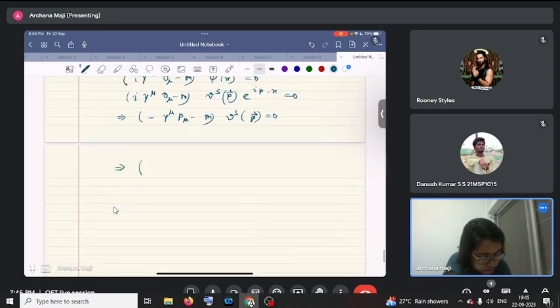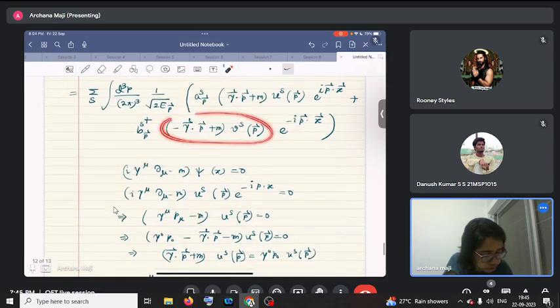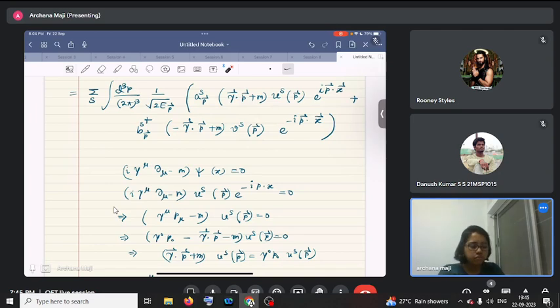So that is minus gamma 0 p0 plus gamma dot p minus m. So from here we see that gamma dot p minus m acting on v is gamma 0 p0 times v_p, and this we can replace here. Okay. So therefore,